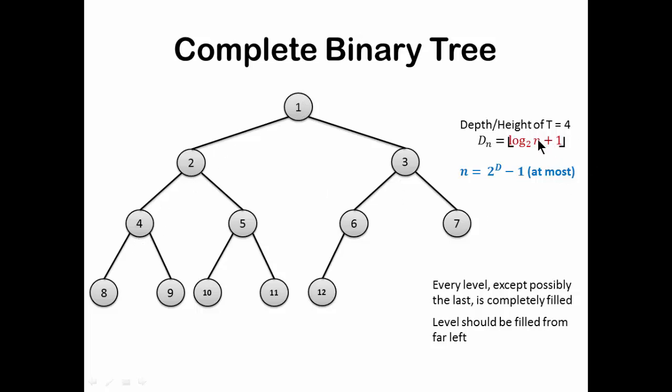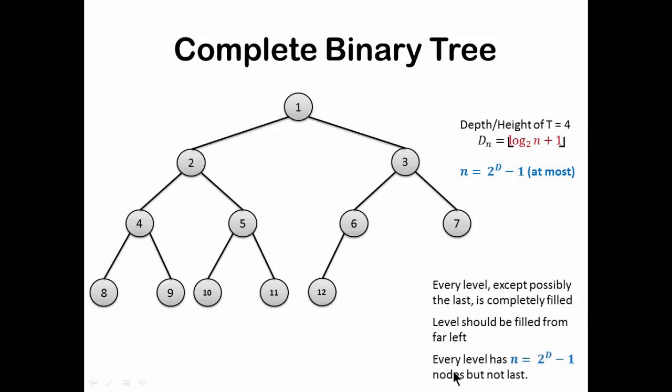Alright. So this formula is of importance in a complete binary tree. Every level has n equal to 2 to the power d minus 1 nodes, but not the last level. So this condition is written as at most. If I am talking about a tree of depth 4, then the maximum number of nodes it can have is 2 raised to the power 4, that is 16, 16 minus 1, 15. But here we have only 12 nodes, so 3 nodes are still missing because we have not completed the nodes towards the right-hand side. So it is fine. The maximum number of nodes that we can have is given by this formula. Any number of nodes less than this is fine.